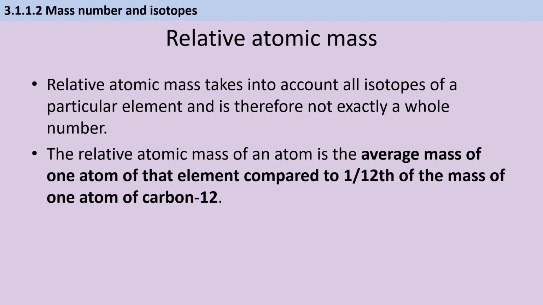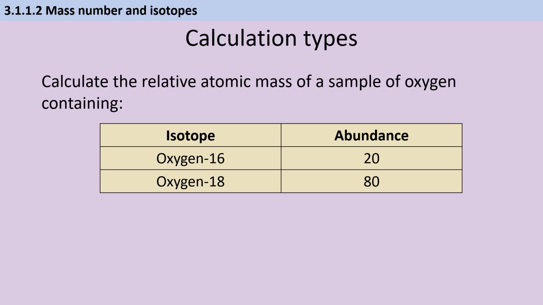We can define relative atomic mass as being the average mass of one atom of that element compared to 1/12 of the mass of one atom of carbon-12. You can also use the same definition, substituting the word mole instead of atom, as long as you're consistent with yourself. There are a few different types of relative atomic mass calculations, starting off with our vanilla GCSE calculate the